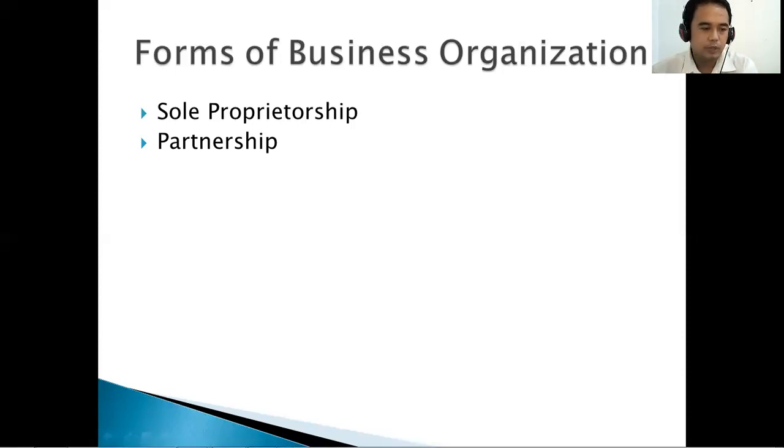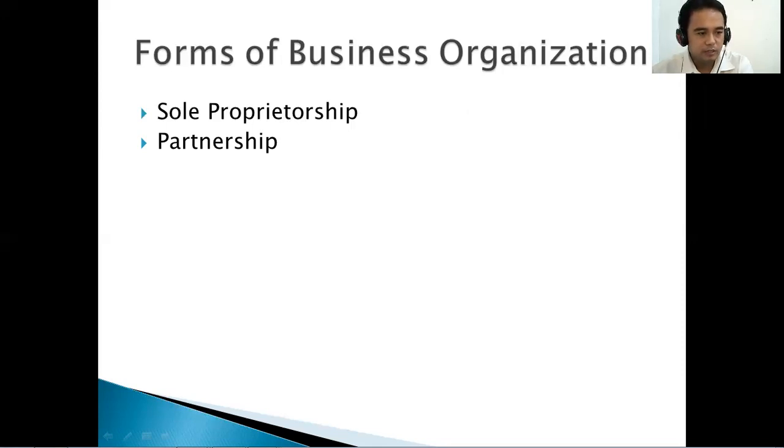So in your module, as we can see, two or more people share ownership of a single business. So it's not only two, it's at least two or more. The law does not distinguish between the business and its owners. So they have similarities with the sole proprietorship. The only difference is a sole proprietorship has only one owner, while a partnership has two or more partners.